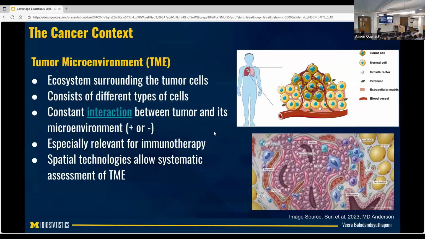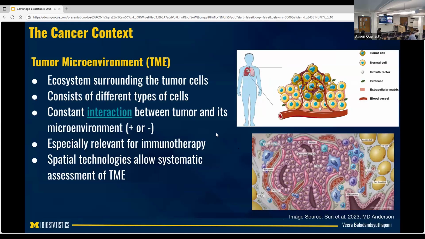So I work in cancer. It's a disease system I've worked in for almost 20 years, and there is an increasing recognition in cancer of what is called the tumor microenvironment. What that essentially means is an ecosystem of cells. A tumor is a living, breathing mass in the body, and it consists of many different types of cells, and each cell has its own function.